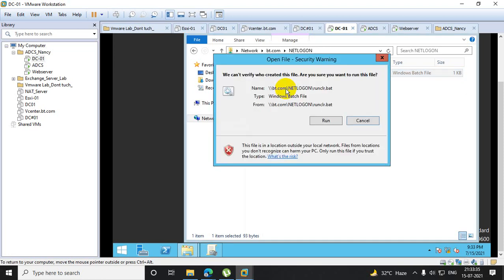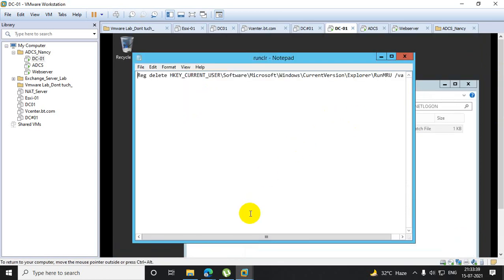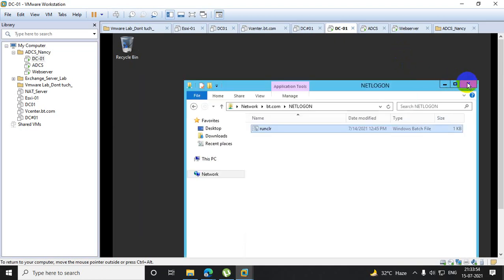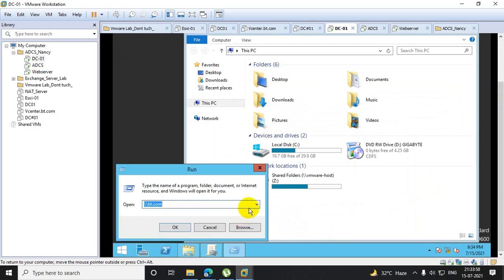So just see what I have done. I have run one command, reg delete HKCU, a registry key. So whenever a user logs on with this command, the cache is cleared. Whenever the user logs off, the cache is cleared. I am showing you. Now see, you see the couple of things are there, right? bt.com, gpmc.msc.